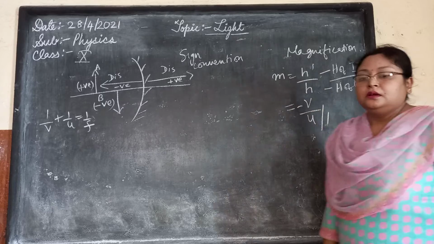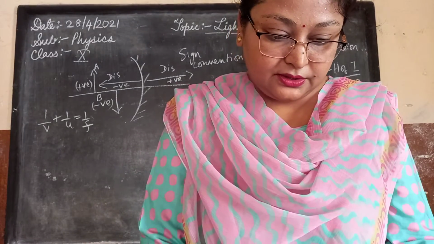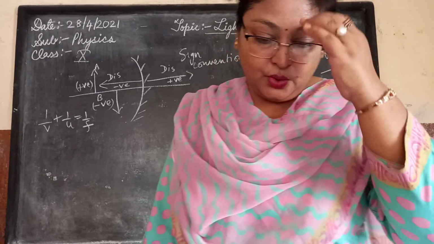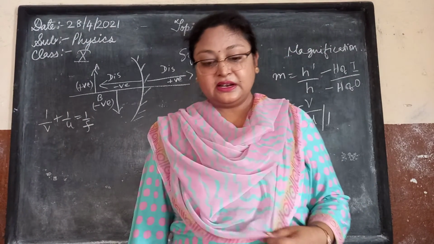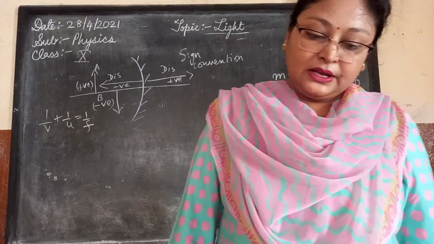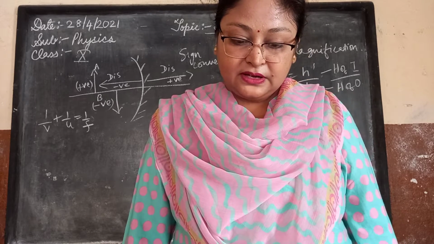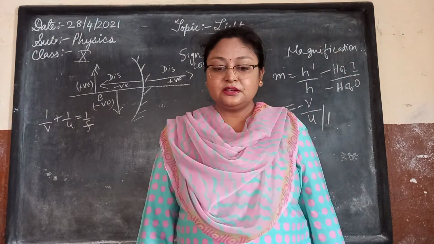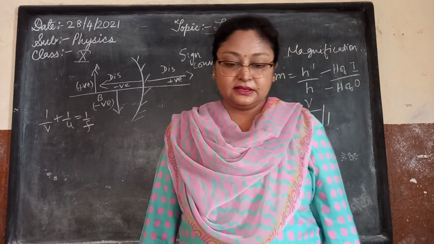Okay, so we will continue with the next thing in this particular reference. Next is refraction of light. Before going to the refraction of light, let us do the questions which are given on page 171. Find the focal length of the convex mirror whose radius of curvature is 32 centimeters. So the radius of curvature is 32 centimeters. We will divide it by 2, and we will get the focal length directly.